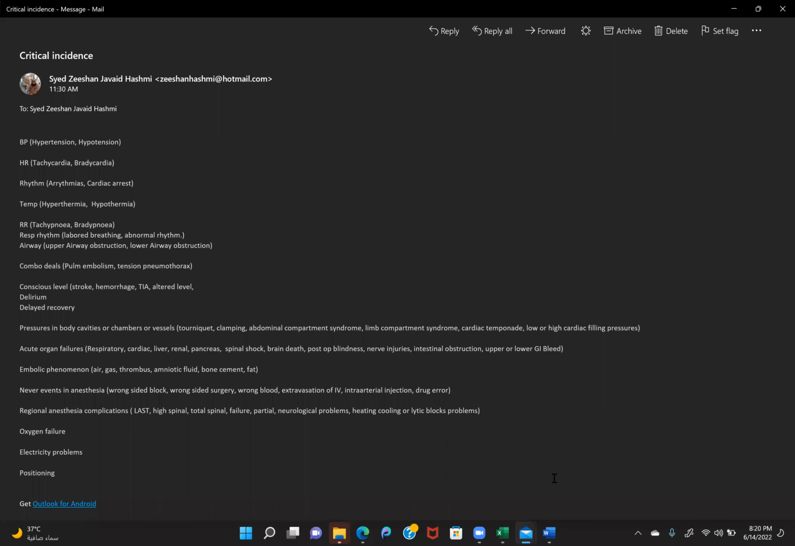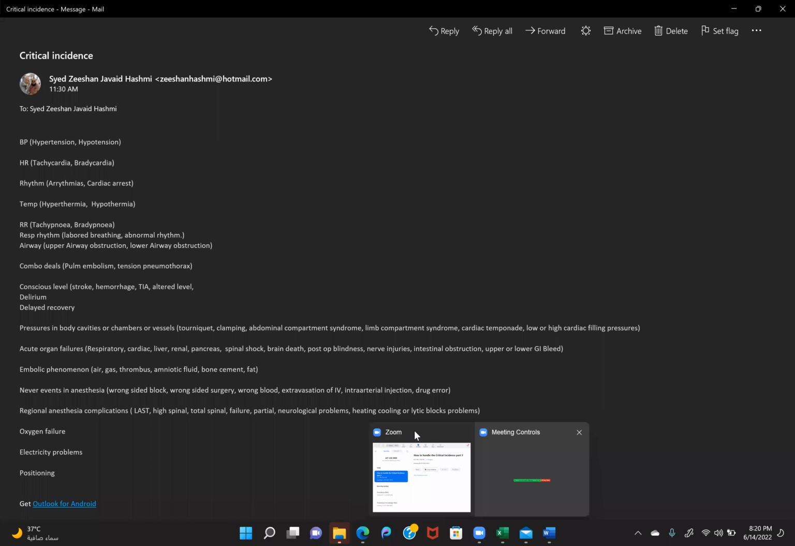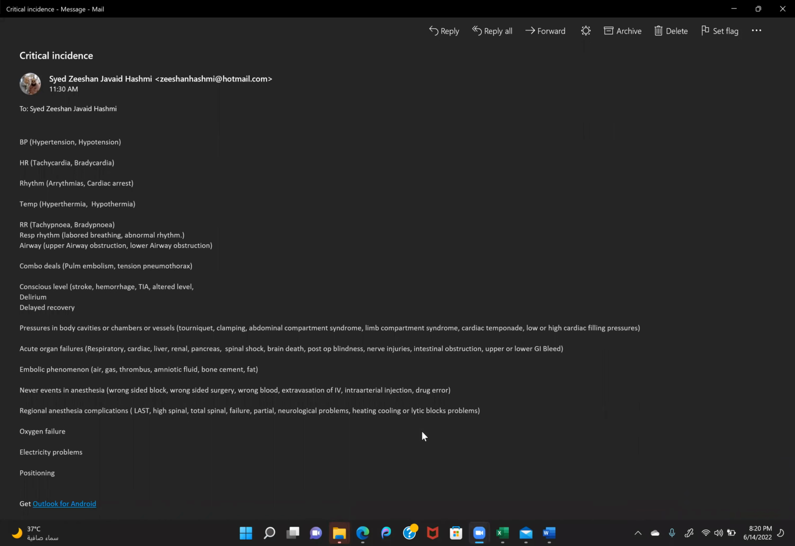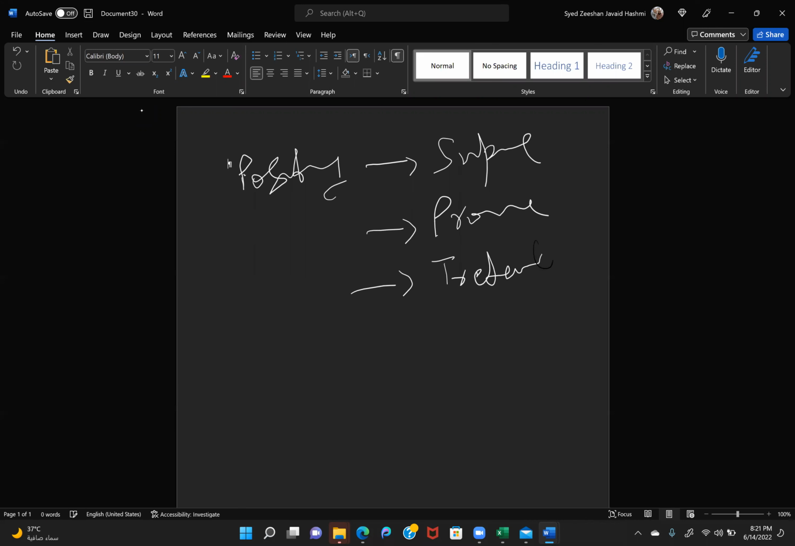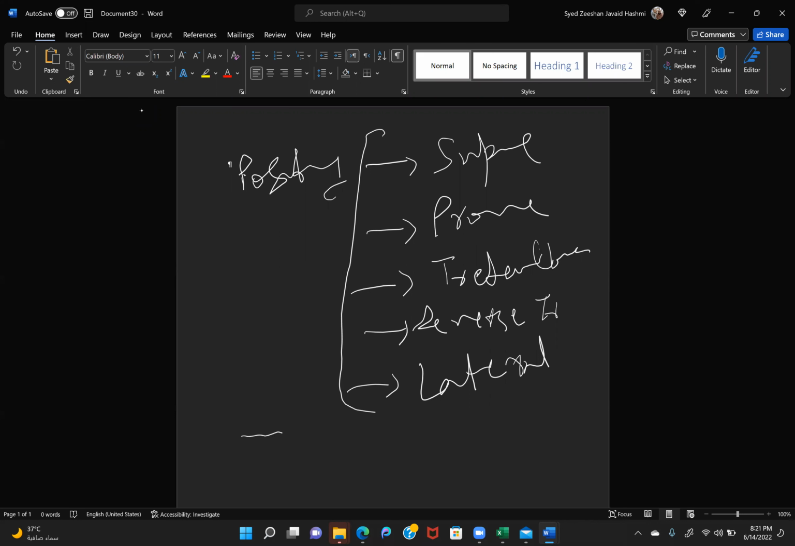Okay, so today what I was thinking to discuss is something related to positioning. Whenever we discuss positioning, it may be supine. Okay, it may be prone, it may be Trendelenburg, it may be reverse Trendelenburg, it may be lateral. Okay, this is positioning usually related to the surgery, but there are certain anesthesia maneuvers in which you use a